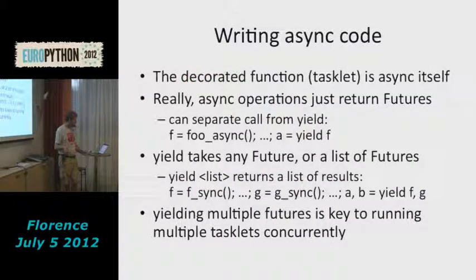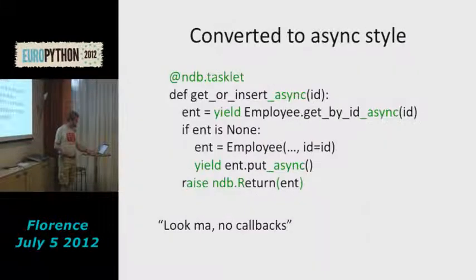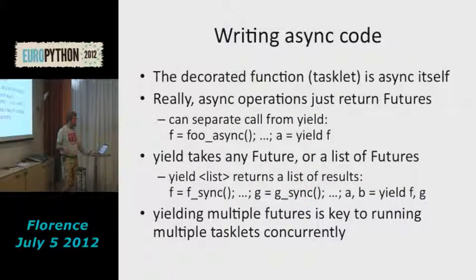So let's see if I can finish the rest in a reasonable time, because there's a lot more to it. First of all, that function, that tasklet, decorates a generator. It expects that you decorate a generator function. But it returns a function that itself is not a generator or an iterator. It returns a function that sends that generator off to the event queue to be started later, and it returns a future object to the caller. So it behaves exactly the same way as the asynchronous APIs in NDB all behave. All asynchronous operations just return futures.